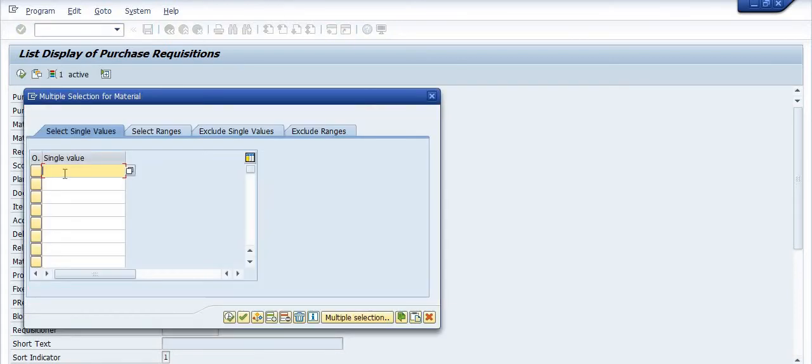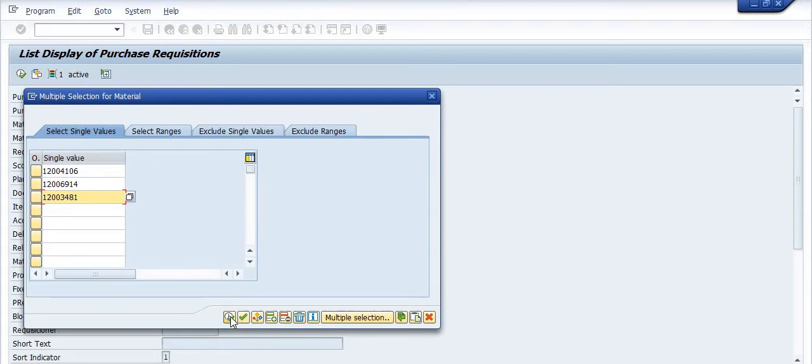I have a few material codes: 12004106, 12006914, and 12003481.